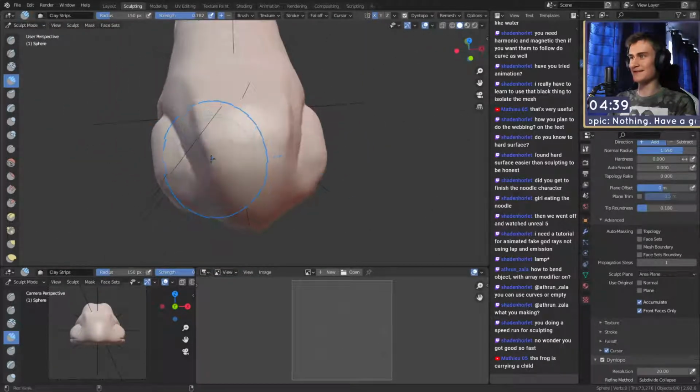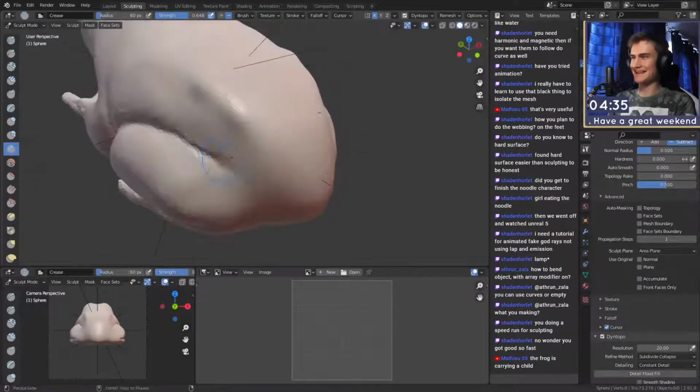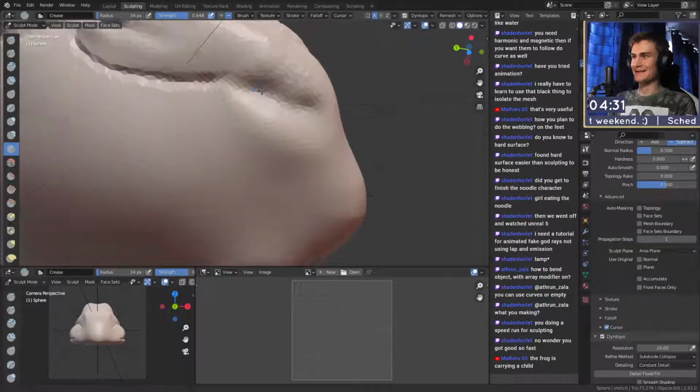The frog. Do you mean he looks pregnant? But